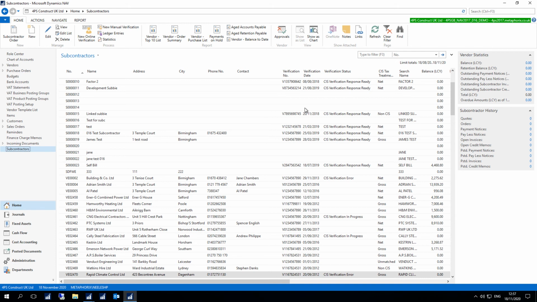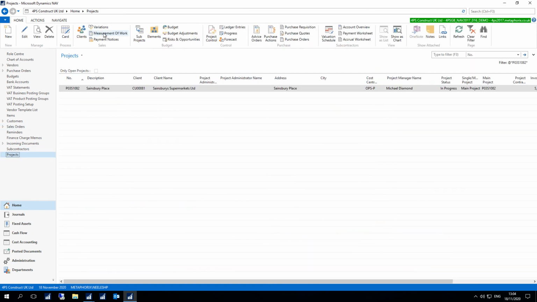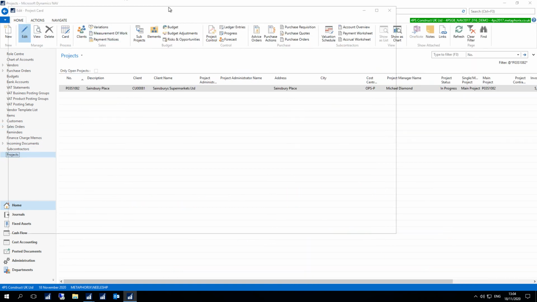So that's it for subcontractors. So in summary, we said that the subcontractor cards, subcontractor orders, and also the vendor templates will all need updating. So now from a project perspective, if we navigate to our project cards,